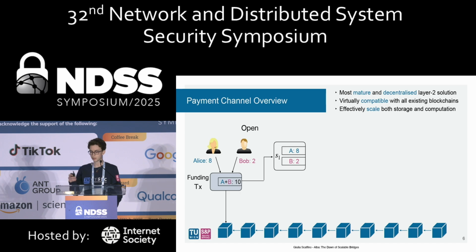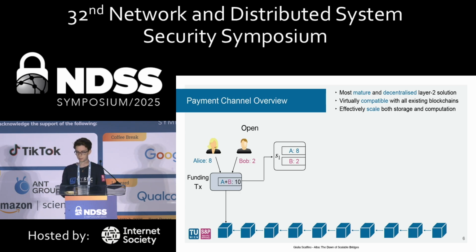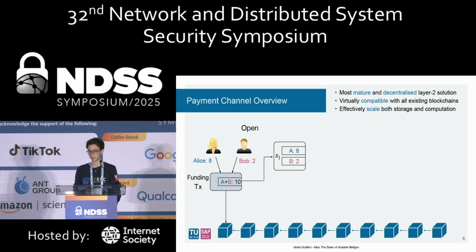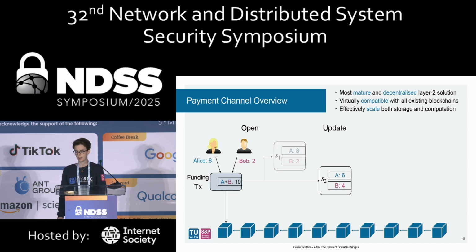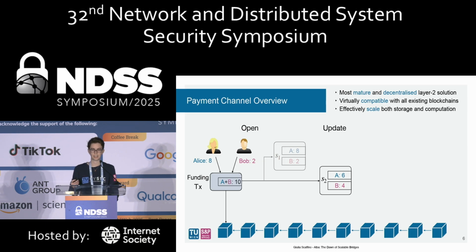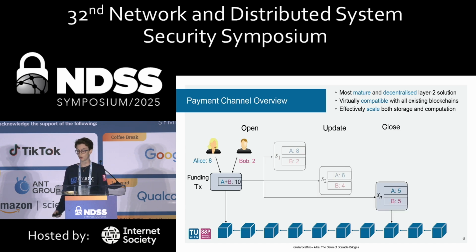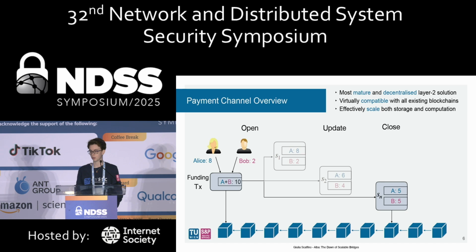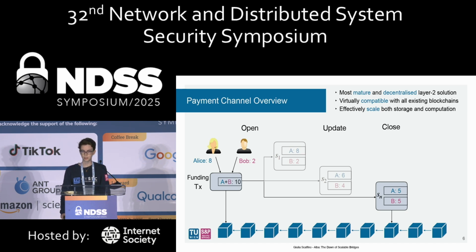When they have the funding transaction and the initial state set up, the two parties can move on and publish the funding transaction on-chain. After that, they can update the channel state as many times as they want, so they can perform as many transactions as they want. And when they are done paying each other, they can simply go on-chain again to close the channel. So the final state of the channel goes on-chain, the funding transaction goes on-chain, but in between there can be